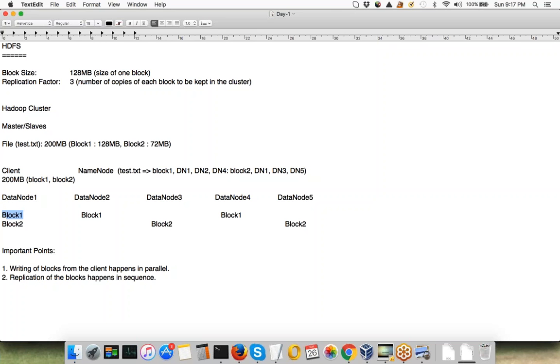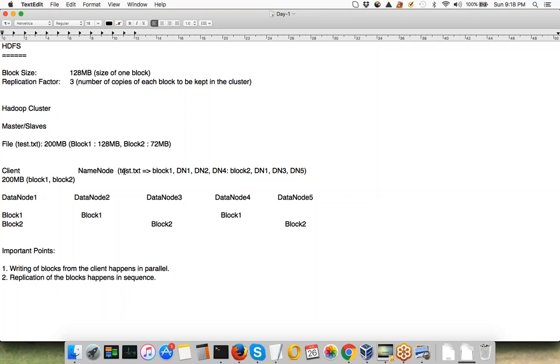When the first copy of the block is written, data node 1 will acknowledge to the client that okay, your block has been written, the job is over from your side. And then the replication keeps happening on the back end. The user will not even be aware of replication. Data node 1 will replicate the block to data node 2, data node 2 will replicate the block to data node 4, right? And then the name node will keep this information about the location of the blocks.